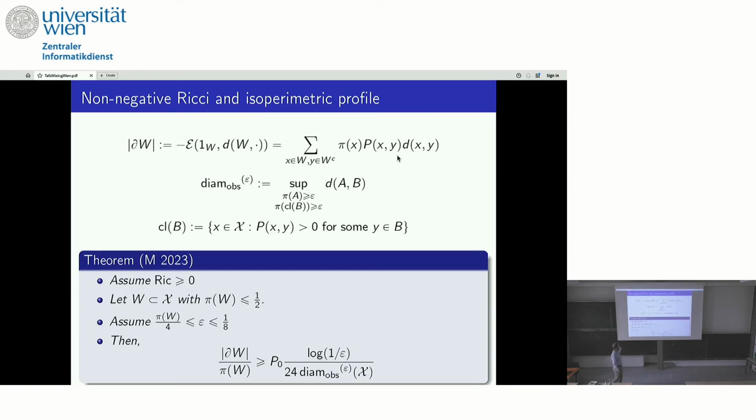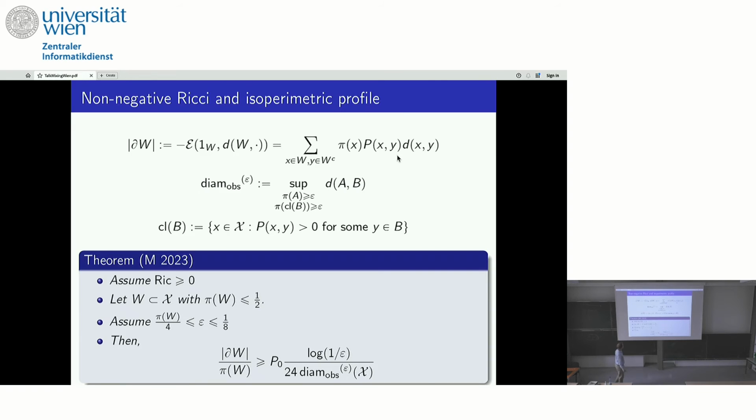Then there is this observable diameter, where I'm a bit sloppy, like typically people call this separation distance, but conceptually they are just the same and differ only by a constant. So we can think of the same picture. We have 2 sets, A and B, with small measure, and we consider the distance between them. So this observable diameter is the inverse of the concentration profile. So therefore we get, in the end, an estimate between isoperimetric profile and concentration profile. For some technical reasons, we have to take this closure, but this is not important conceptually.